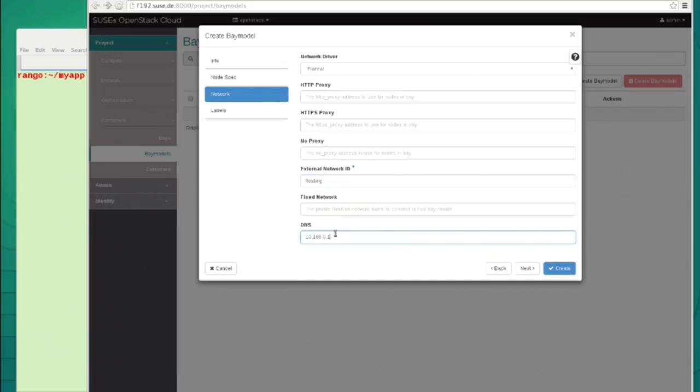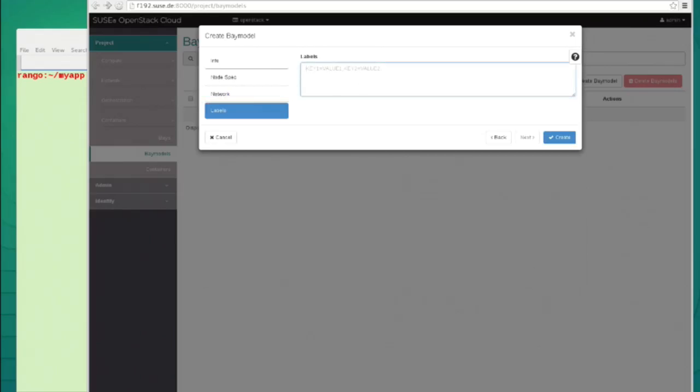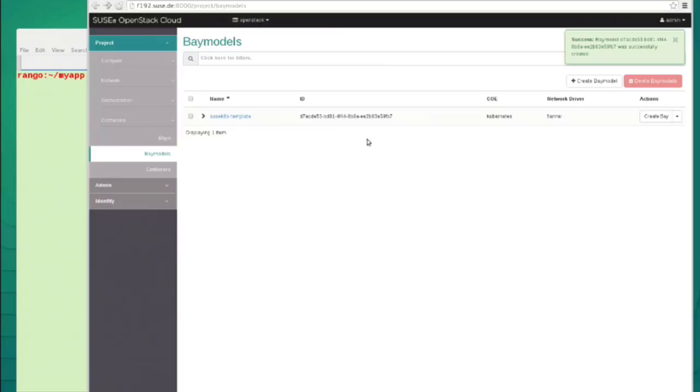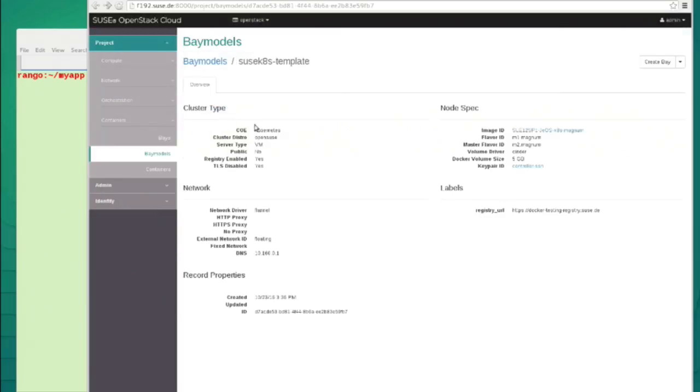So, of course, about the network, we need to only choose the network driver and choose the floating network. And that's all. In our example, we will be using also a local Docker registry.